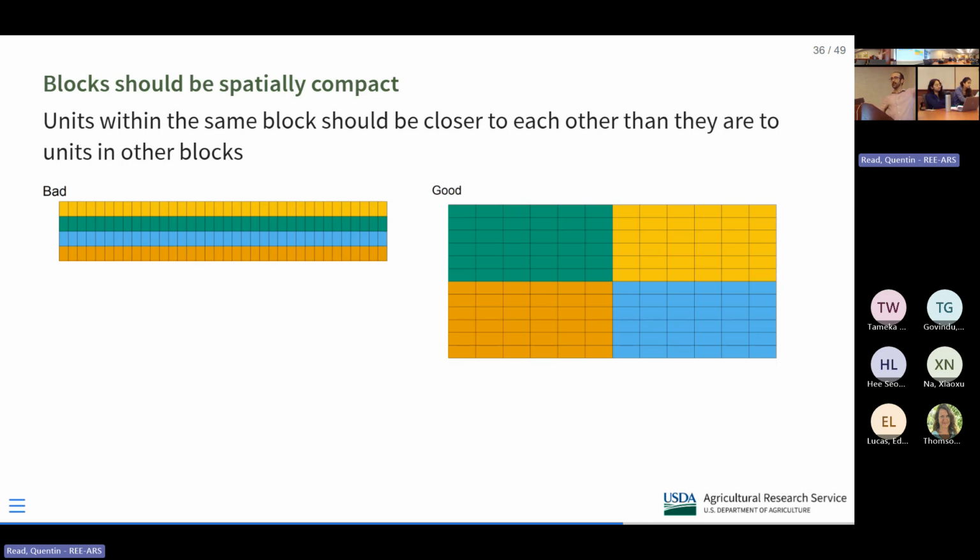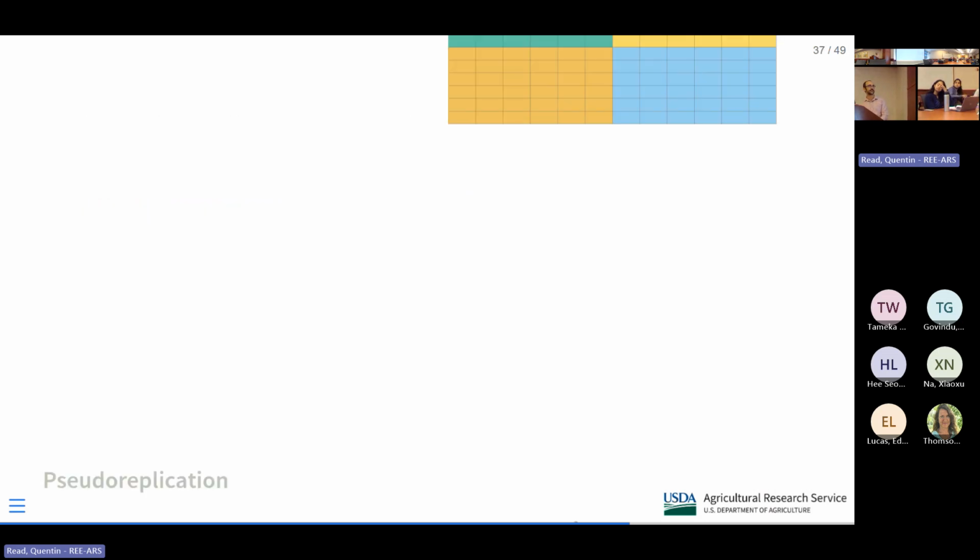I see this a lot in agricultural studies, where people will have these really long skinny blocks that have like 100 different genotypes all in one row. And really, blocks are supposed to represent consistent environmental conditions within each one. If you have a long skinny one, the two ends of that block are really far apart. The one at the far left and far right are further from each other than they are from ones in a different block. So those aren't really good blocks. It's better to have more compact ones that are more square than long and skinny.